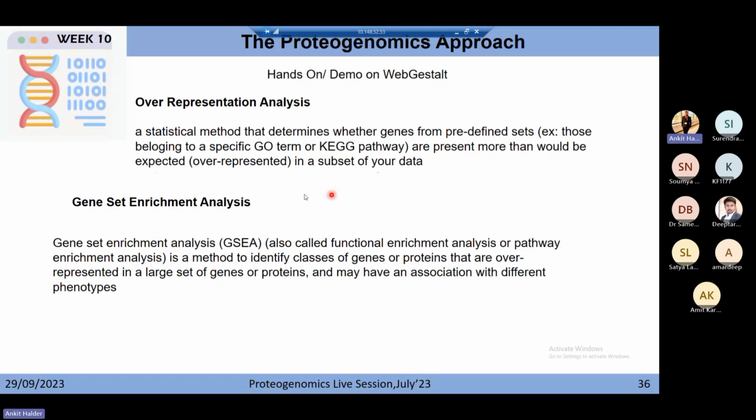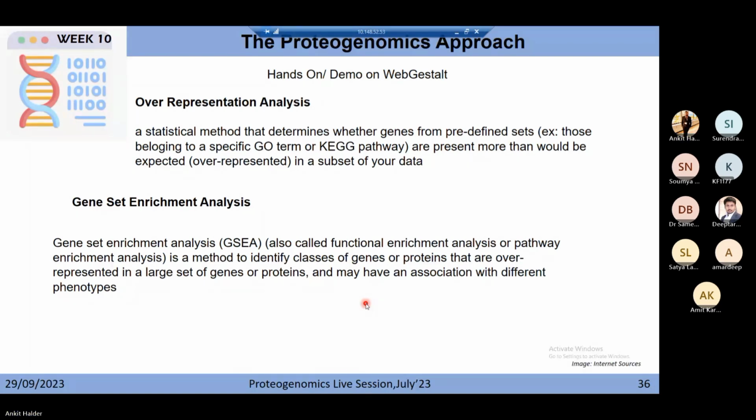your data. And what is the difference with gene set enrichment analysis, which is known as functional enrichment analysis or pathway enrichment analysis? It is the method to identify classes of genes or proteins that are overrepresented in a large set of genes or proteins and may have an association with different phenotypes. So there's a subtle difference between over representation analysis and gene set enrichment analysis. Over representation analysis just tells you if something is over represented in a subset of your data for a certain pathway, whereas gene set analysis identifies classes of genes or proteins that are over represented in a large set of genes or proteins or have an association with different phenotypes. So this is the major difference between over representation analysis and gene set enrichment analysis,